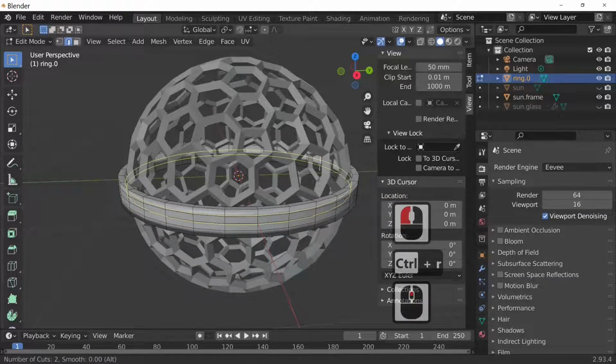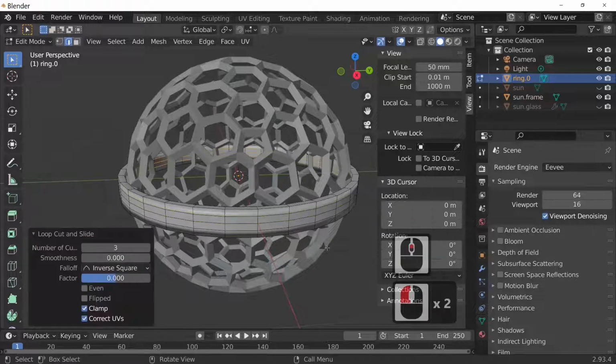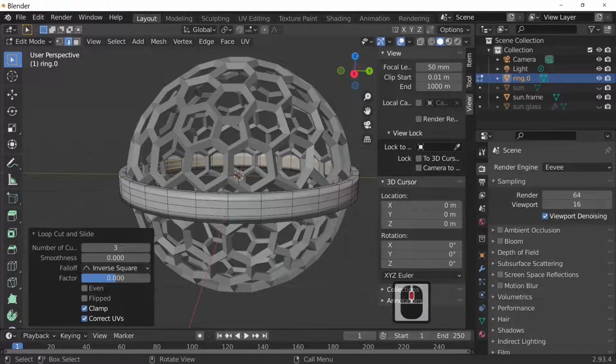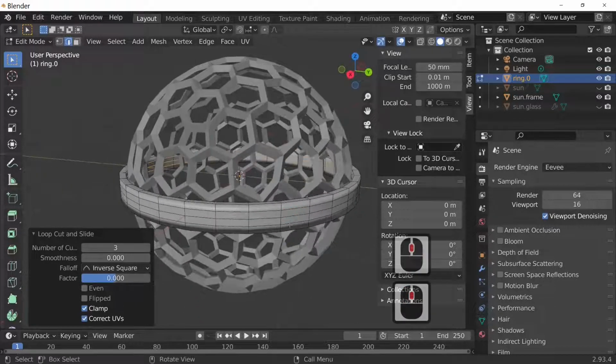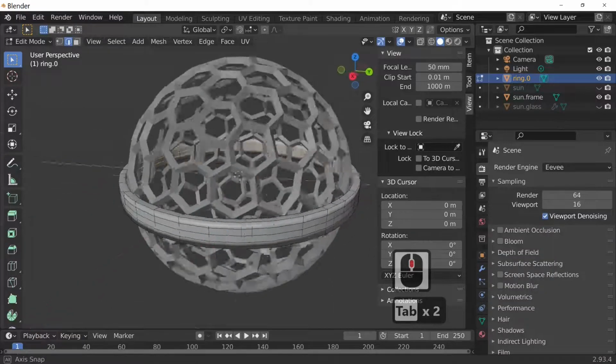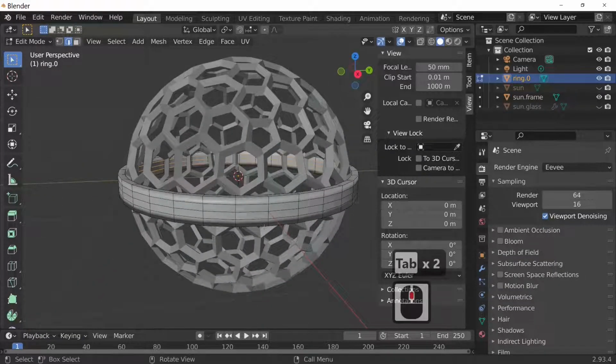1, 2, 3. The reason we're doing this is when I add the actual subdivision modifier in a couple of minutes, what this will do is it'll actually bevel this edge and make for a better cylinder. So let's do that now.